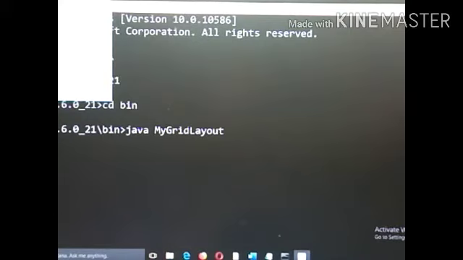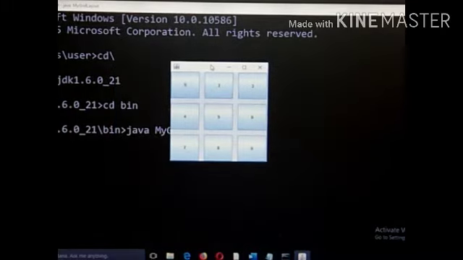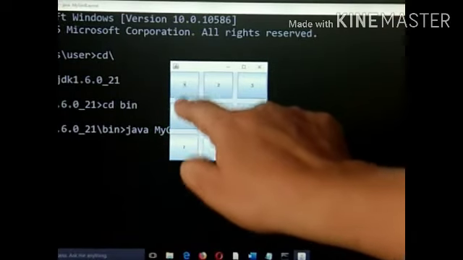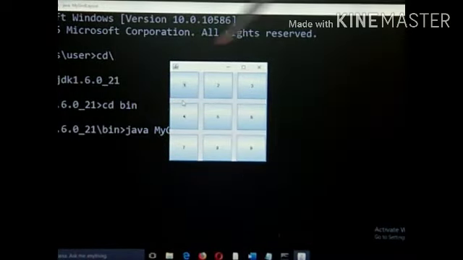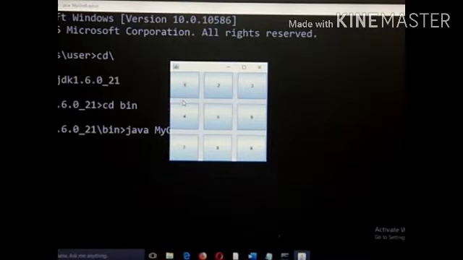So this is the program. Can you see now? I have positioned this with the vertical and horizontal gaps. Horizontal gap and vertical gap. Here I have given 15 pixels and here also I have given 15 pixels. Both the horizontal and vertical gap will take the same value I have given. You can change and also give.